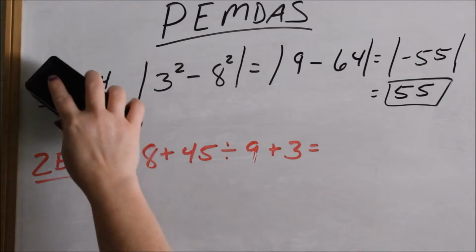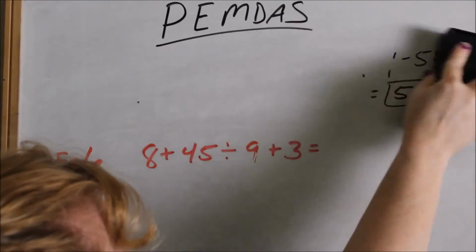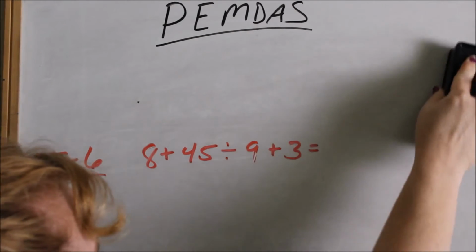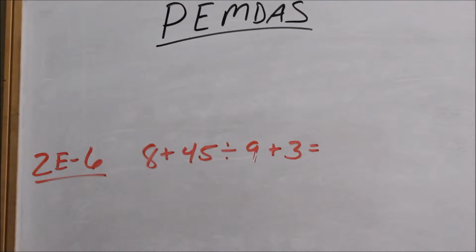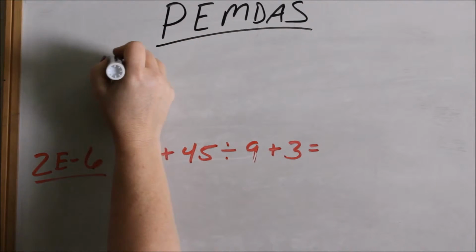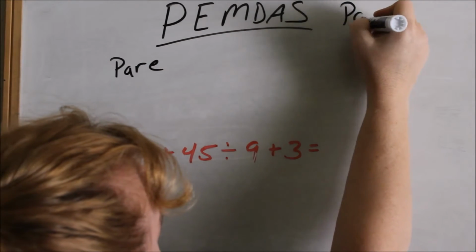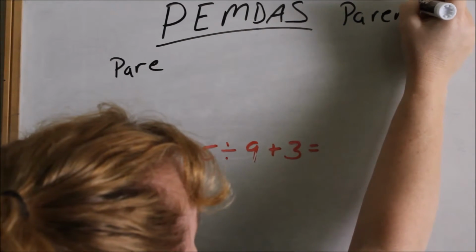Alright, let's talk about the meaning of PEMDAS. This is order of operations. This is the order that you need to do and that you need to calculate problems. Okay? The P stands for parentheses. Actually, I'm going to write it like this in this order. Parentheses,